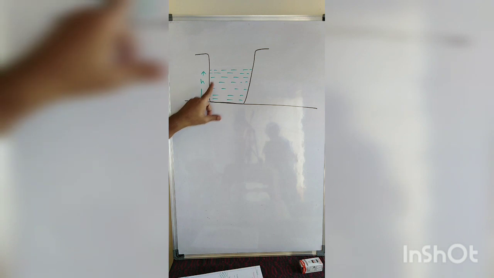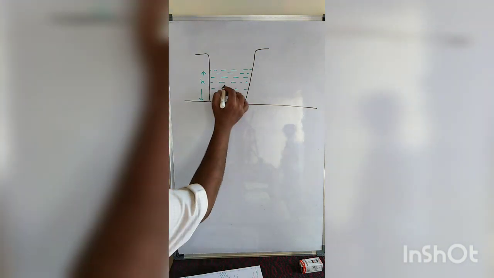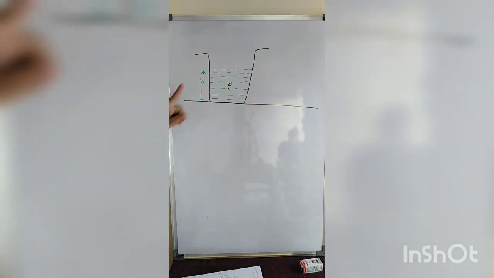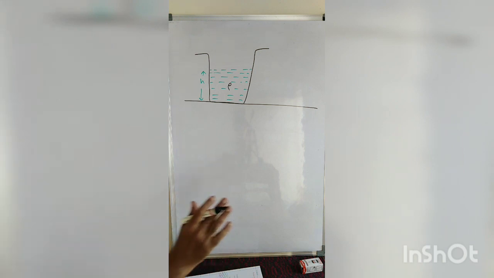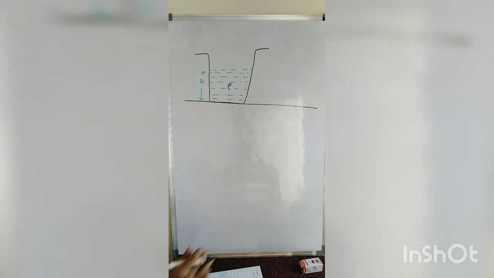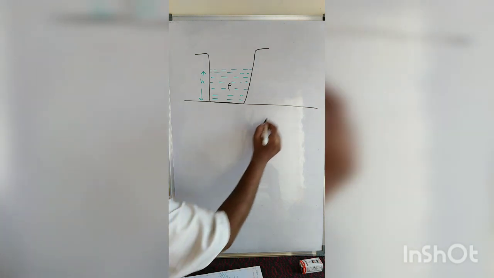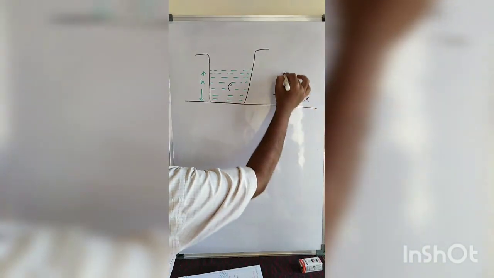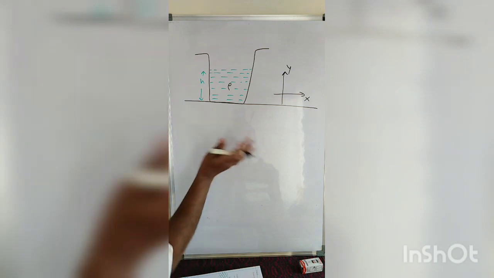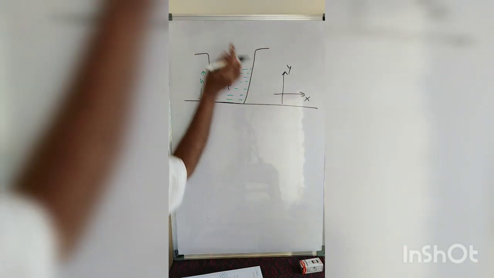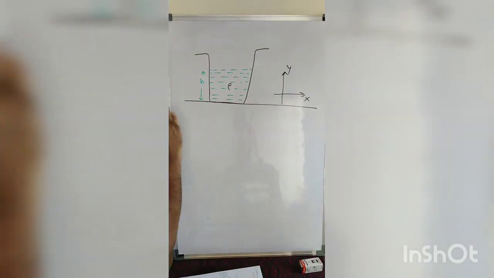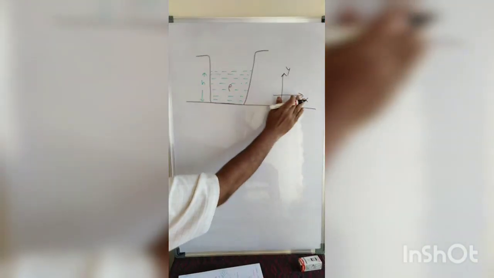Now look at this container here. This container has a liquid. Let us say the density of the liquid is rho and the height of the liquid is h. Here we are discussing the pressure differences in accelerating fluids, so it may accelerate either along the x-axis or along the y-axis. Every time, the vertical upward direction we will take as the y-axis, and the horizontal direction we will take as the x-axis.